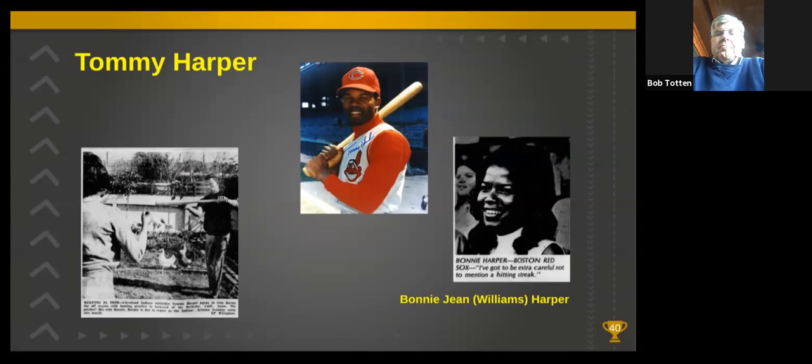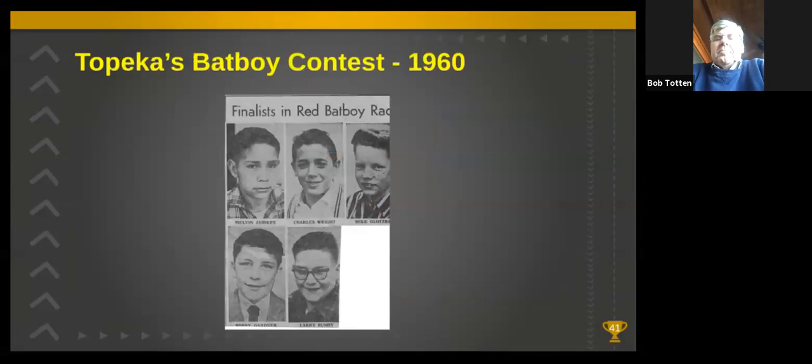I've been asked, how did people get chosen to be the bat boy for the teams? Well, the newspaper, the Journal, held a contest every year. Boys had to submit an essay on the topic, "Why I Want to Be Topeka's Bat Boy." The paper then selected 5 boys and printed a ballot for readers to submit. And the boy with the most votes won and was the bat boy for the Topeka home team. The second place finisher was the bat boy for the visitors.